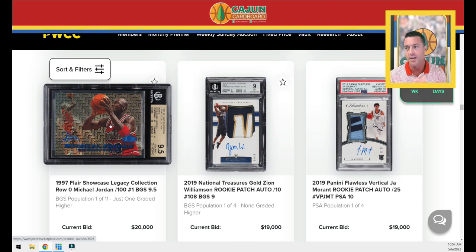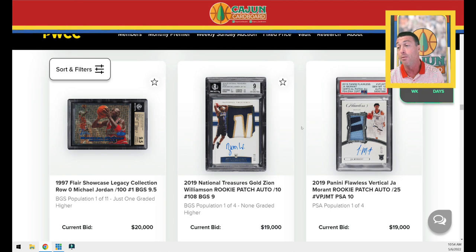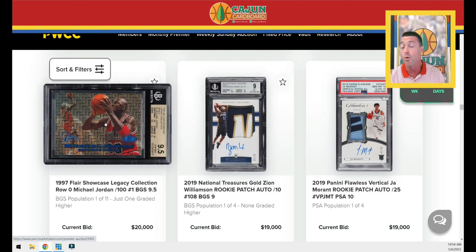There's a lot to it, and one day I'm going to do a video where we take a deep look into it and do some research, and I'm just going to regurgitate all the information. So if you're interested in getting into Flair Showcase and Flair Showcase Legacy Collection from the various years it was produced, hopefully I'll have a helpful video for you guys out there. I know before I buy one, I've got to do some research. I don't own a Flair Showcase Legacy Collection Jordan, but I know a lot of big collectors that do, and